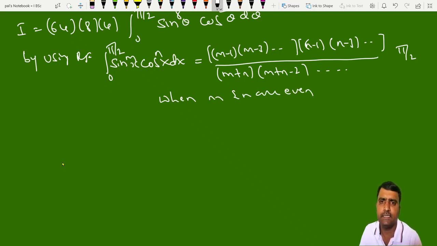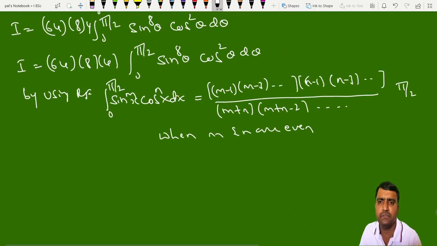As in this case both m and n are even, you can write